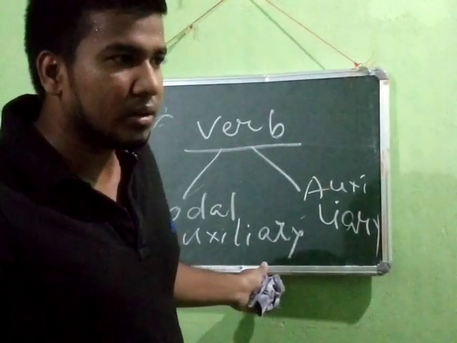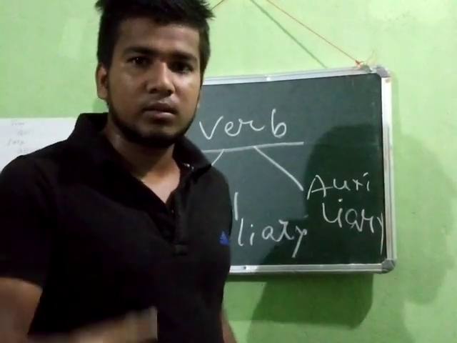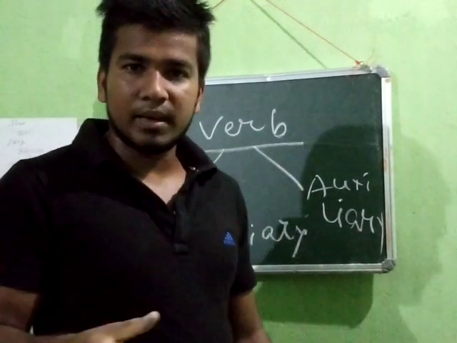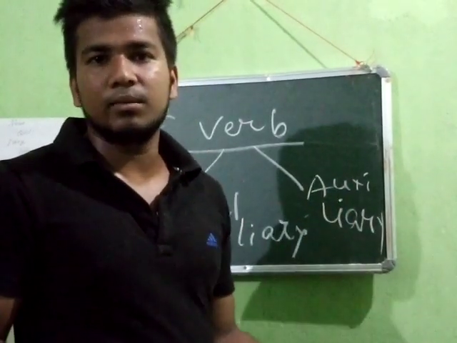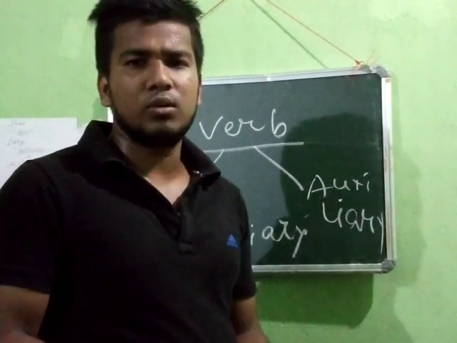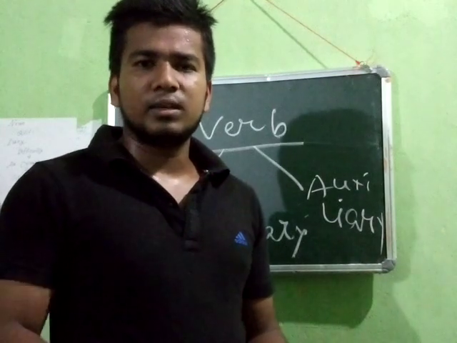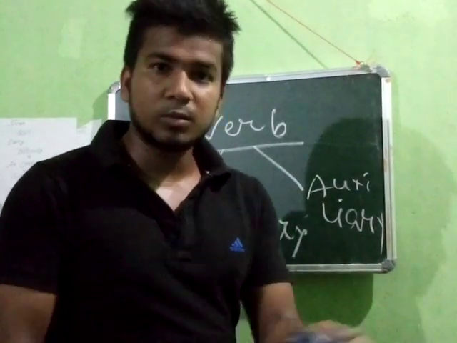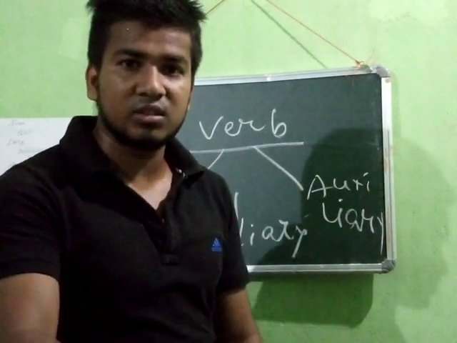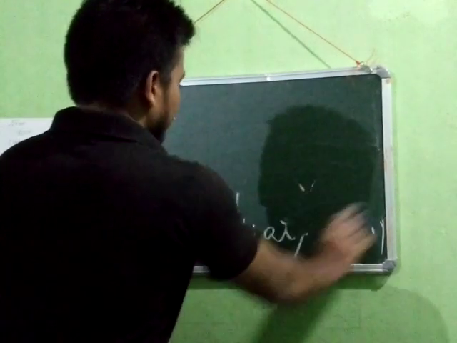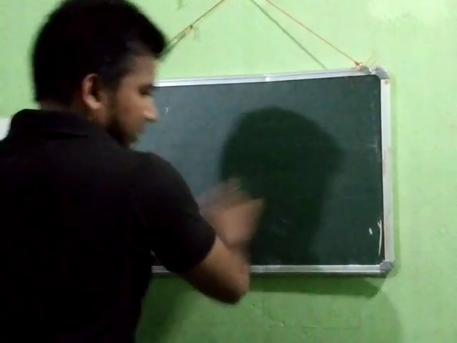So first of all, we have to know about the definition of verb and then the uses or kinds of verb, and then go to the auxiliary verb. And there are some modal auxiliaries. You have to know what is modal auxiliary verb, define with examples, or what is auxiliary verb, define with example, what is verb, define with example, what is preposition, define with example, etc. And then there will be other questions such as